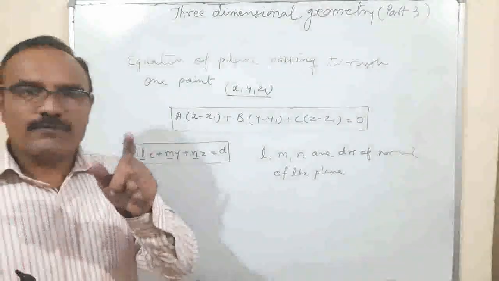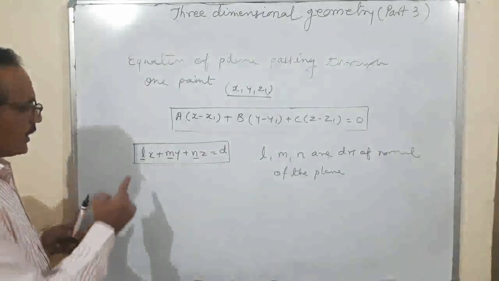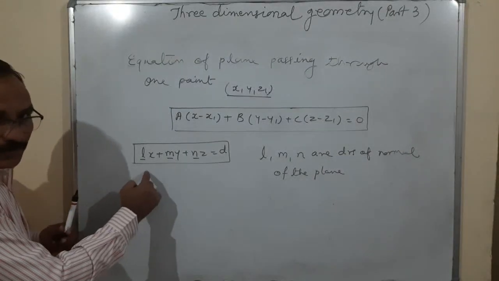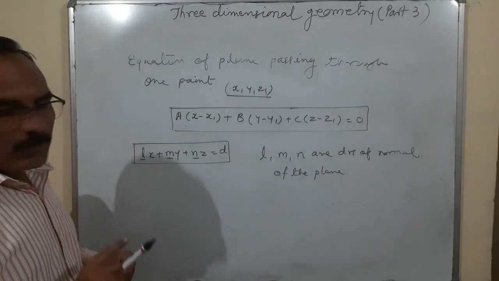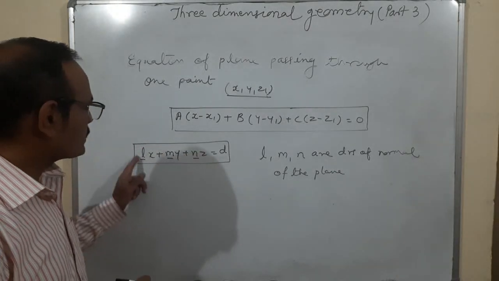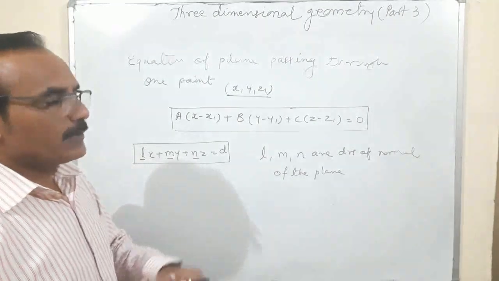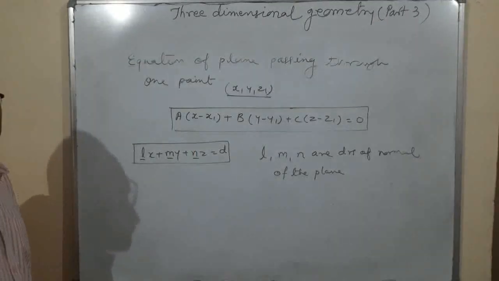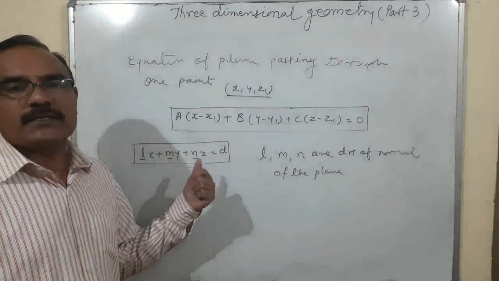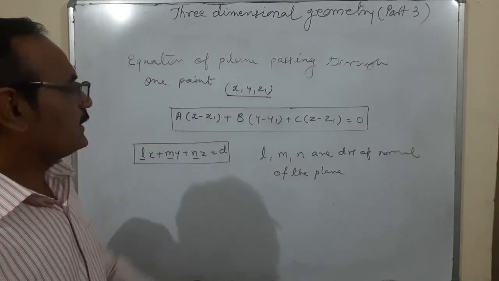When they are converted into the form of direction cosines, we have to write L upon under root L square plus M square plus N square, M upon under root L square plus M square plus N square. So always you will treat that whatever the term is given there, this term, always in the form of direction ratios, we will convert into the form of direction cosine by dividing by the square root of the sum of the squares of its components. So this I have written directly.